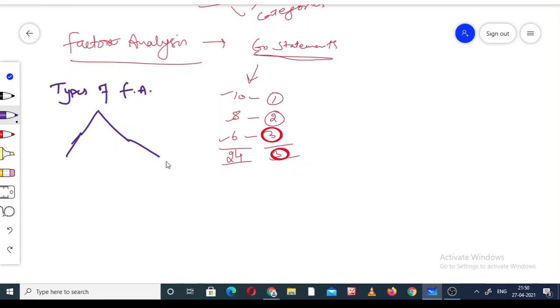The first is the EFA, and the second is the CFA. EFA is the exploratory factor analysis, and CFA is the confirmatory factor analysis. So what is exploratory and what is confirmatory?